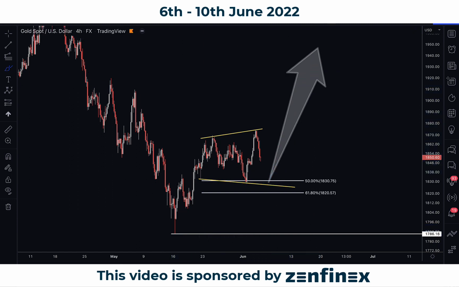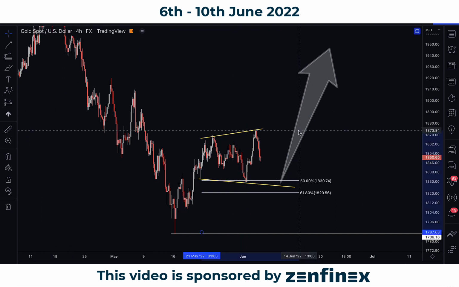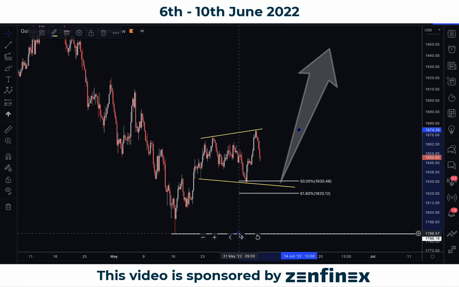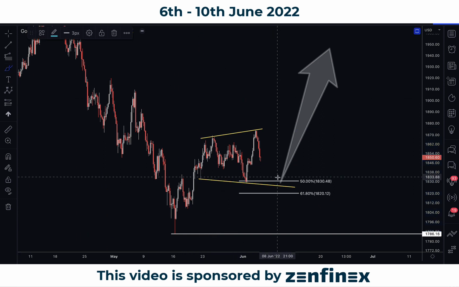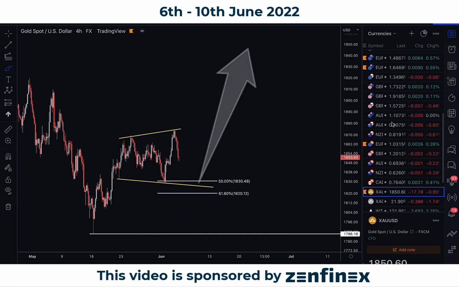Okay, so if you're trading gold actively, my suggestion over here is to be patient, and wait for the market to come back down towards this 50 and 618 Fibonacci. See how it's going to develop from there. If it's going to be a crawl, then that will be ideal. That's where you want to look for the buy trade to the upside. This might perhaps develop in the later part of the week, on Wednesday or Thursday. So do keep an eye on that.